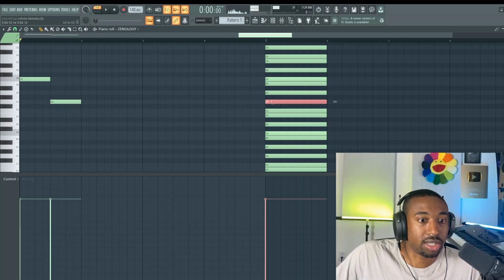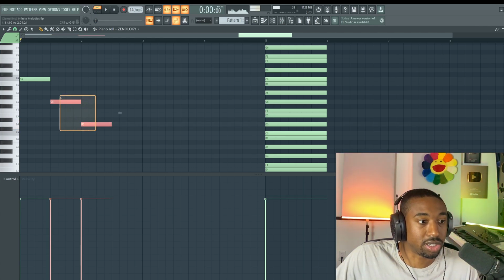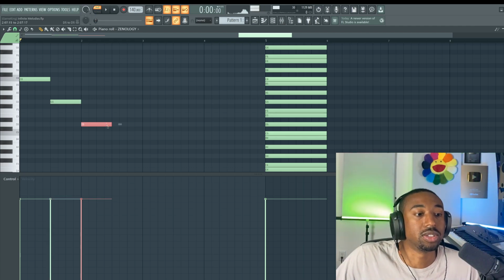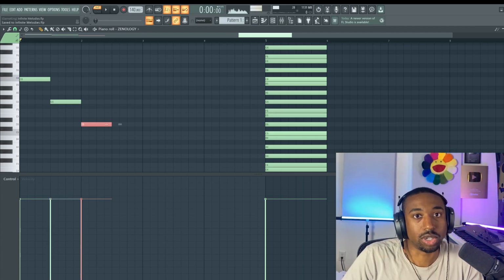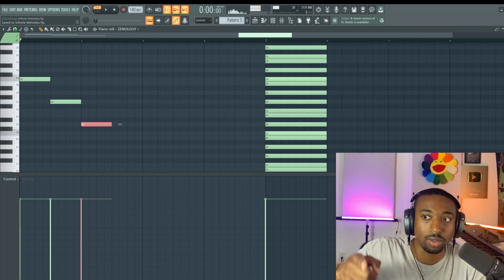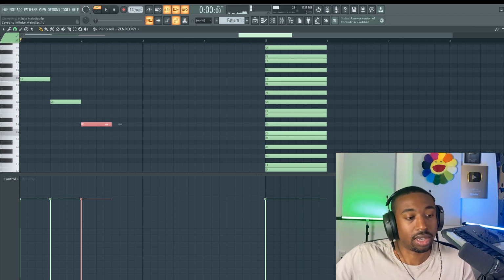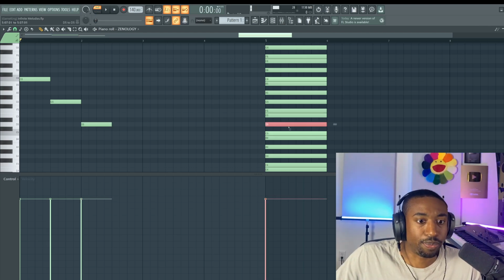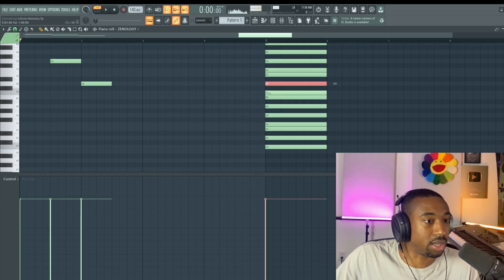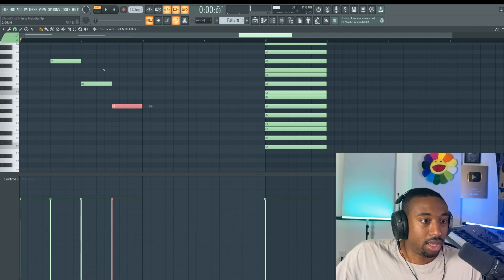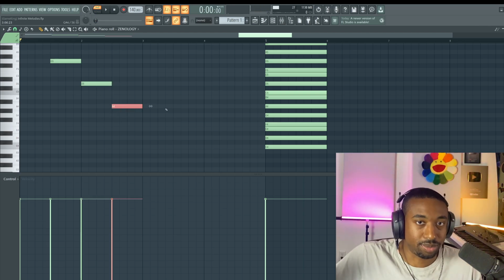Now, if we take G in this case and we go down 3 more scale degrees, we go from F to E to D. So what is D in relation to G? It's the perfect fifth. So for more traditional music theory people, we're really creating the circle of fifths by going down our scale in increments of 3 scale degrees. So that's what we're doing in theory. Here we're taking this note D, we're going to go down 3 more scale degrees, C, B, and then we land on A. What is the relationship of A to D? D to A is called a perfect fifth. It's the same exact thing.